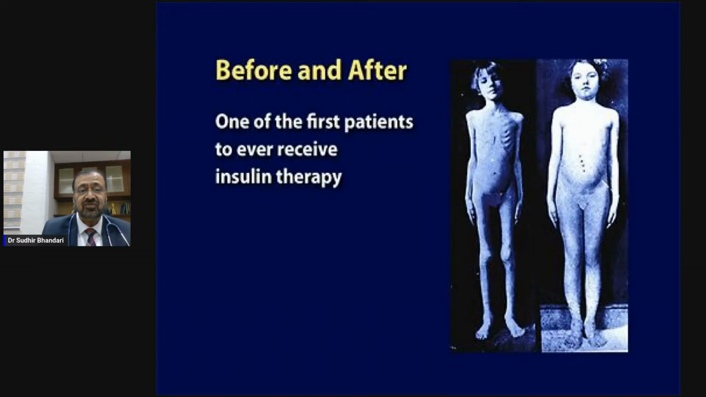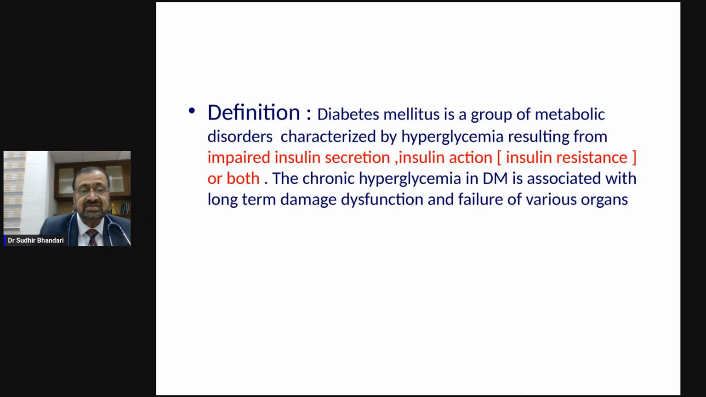Look at the before-insulin picture, the baby who was emaciated, and once the same patient was put on extract of the dog, the patient improves, sugar went down, his health improves, and this is the miracle which insulin therapy brings. And diabetes is a group of metabolic disorders which is diagnosed by impaired insulin secretion and insulin action